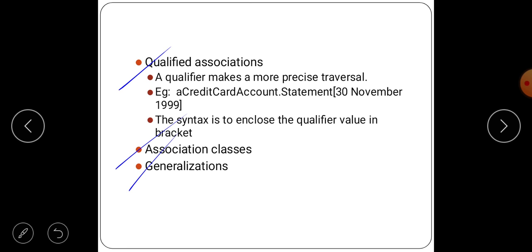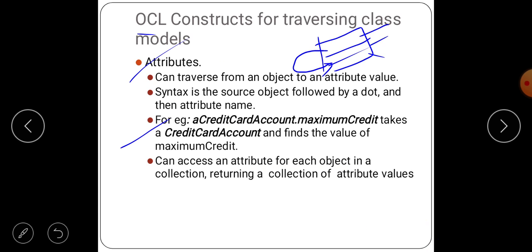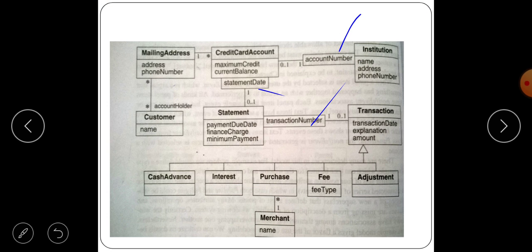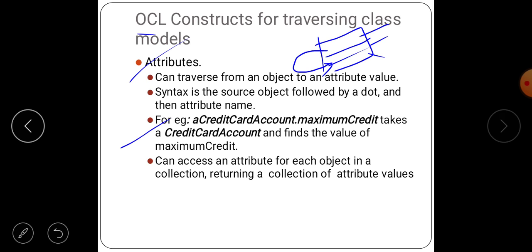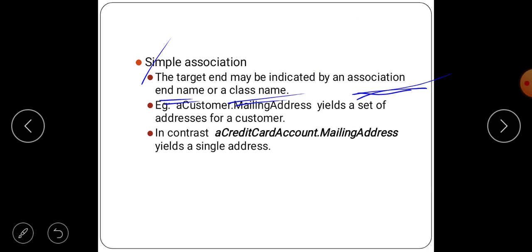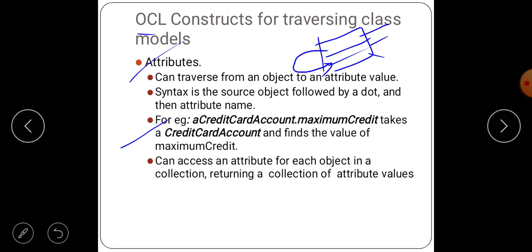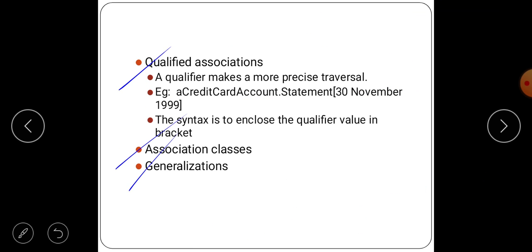Okay, for example, a credit card account and statement. We give the qualifier value in brackets.